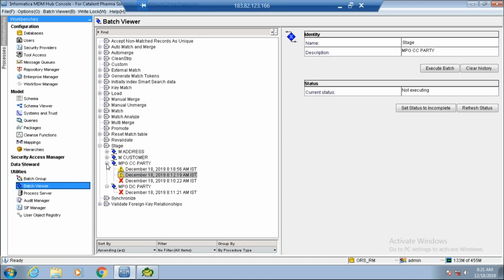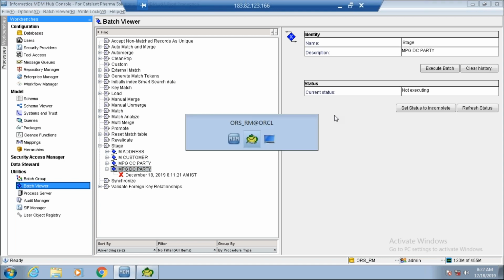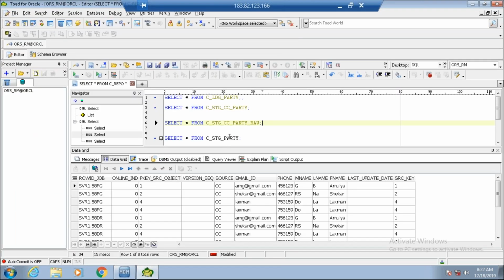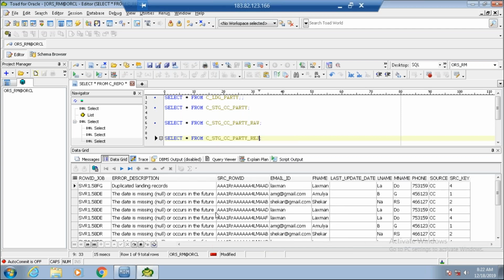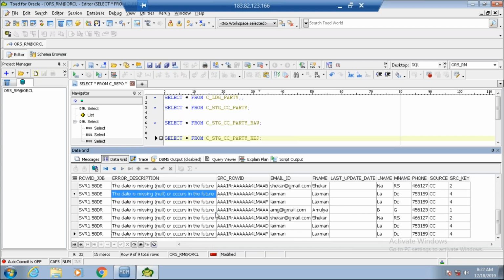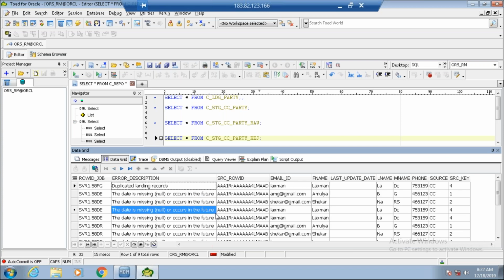Now mapping CC is done. Let me try to run the debit card now. The reject table has all the reject data since the beginning.